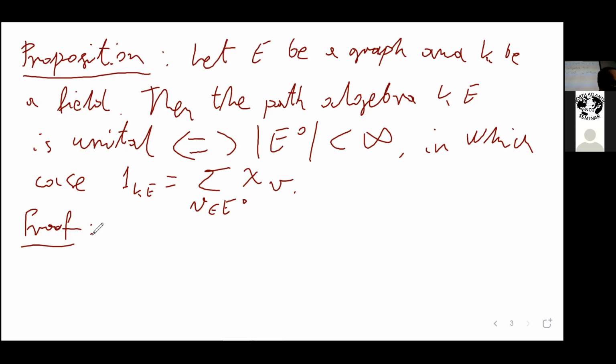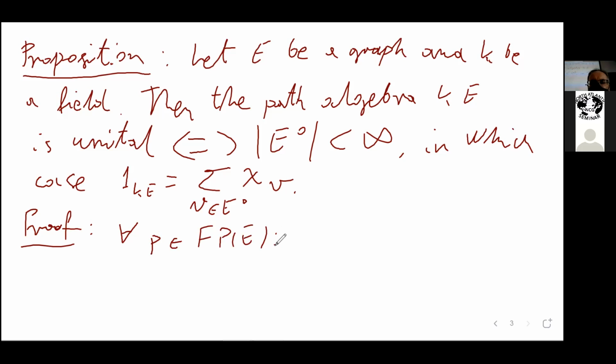So first I can say that the proposition is trivially true if E is empty. So let me not consider the empty set. Let me not say that I sum over the empty set. The proposition is just trivial when the graph is empty. And when the graph is non-empty, then E0 is non-empty, so that sum is really a sum over a non-empty set. For any P in FPE,